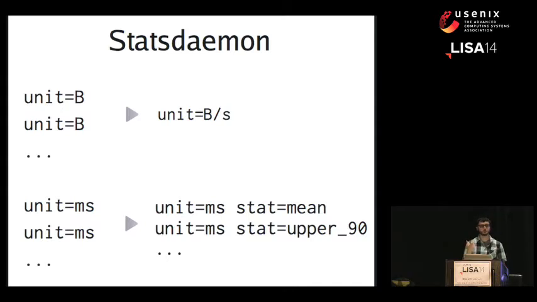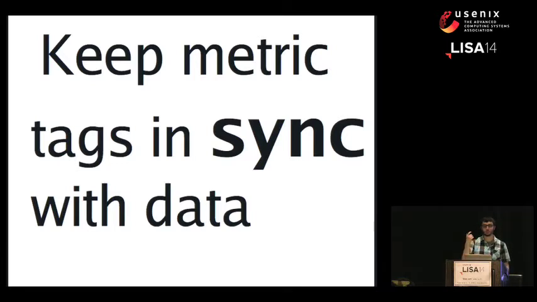Then there's another service that might be useful to you. If you use something like Etsy StatsD, this is very similar, except when it detects that an input metric is in a 2.0 format, it will change the tags accordingly. So when it computes something into a rate per second, it will change the unit tag for you. Or when you send it a whole bunch of timing values and it gives you the summary statistics, it will still do the same thing. But for 2.0 metrics, the way it reflects that is by filling in the stat value that describes which kind of statistic it is. Is it the mean, the upper 90th percentile, and so on. So the goal of this is to make sure that your metric tags are always in sync with the data that they point to.